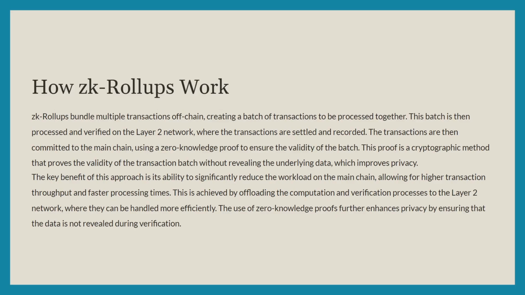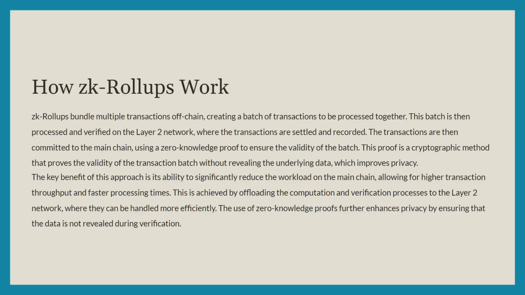How do ZK rollups work? ZK rollups bundle multiple transactions off-chain, creating a batch of transactions to be processed together. This batch is then processed and verified on the layer 2 network, where the transactions are settled and recorded. The transactions are then committed to the main chain using a zero knowledge proof to ensure the validity of the batch. This proof is a cryptographic method that proves the validity of the transaction batch without revealing the underlying data,